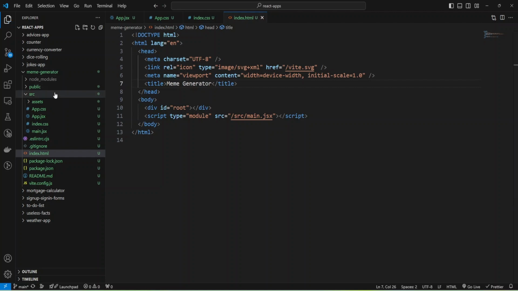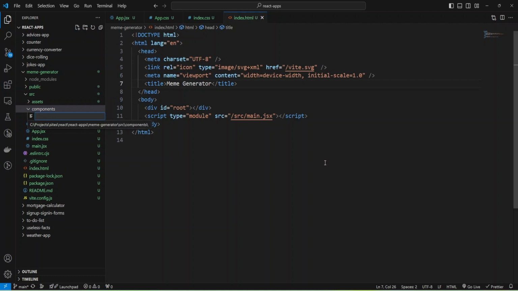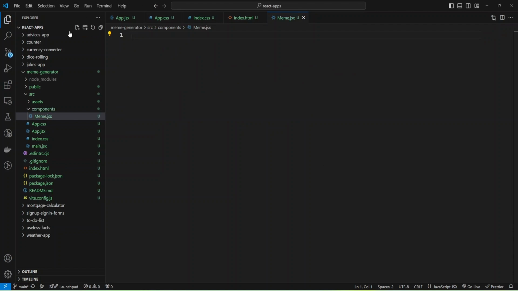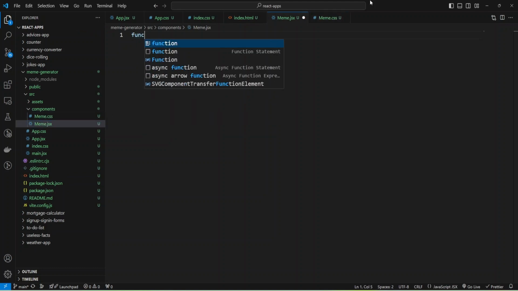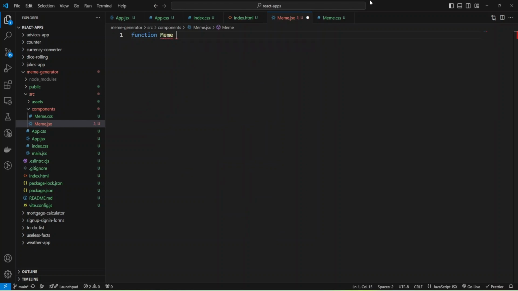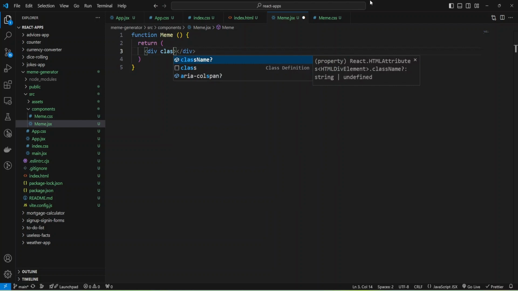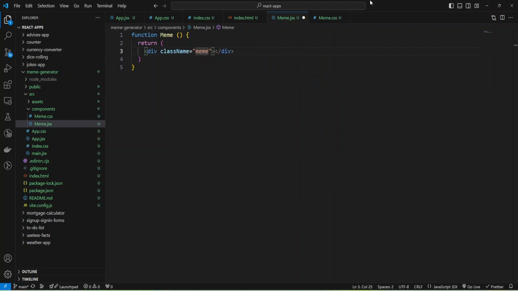And now we can create components for our application. Actually, we'll have only one component, and I'm going to create folder components and create file Meme.jsx for our functional component, and also we need some file for CSS, Meme.css. Okay, and now I'm going to build my component. It will be functional component Meme, and let me add some JSX return and provide div with class name meme container, and